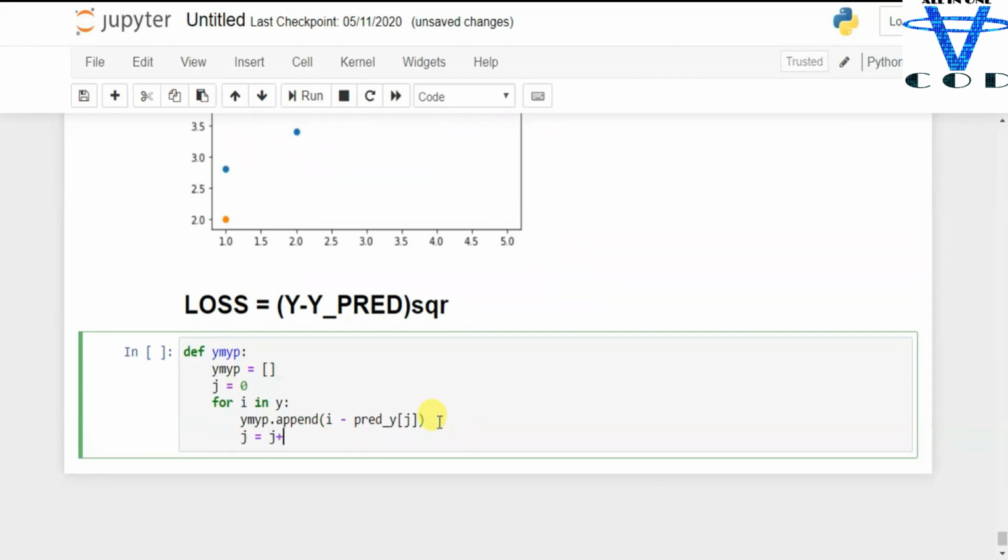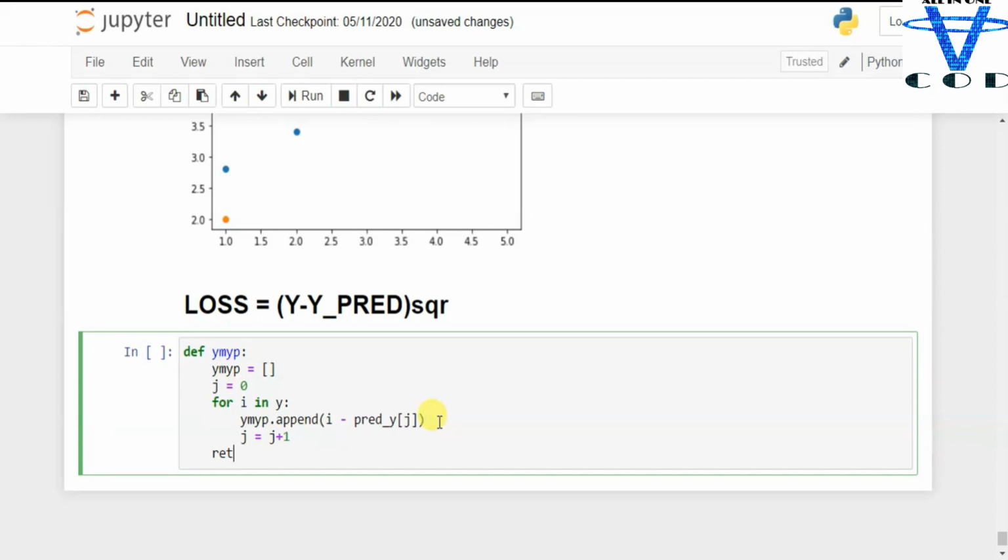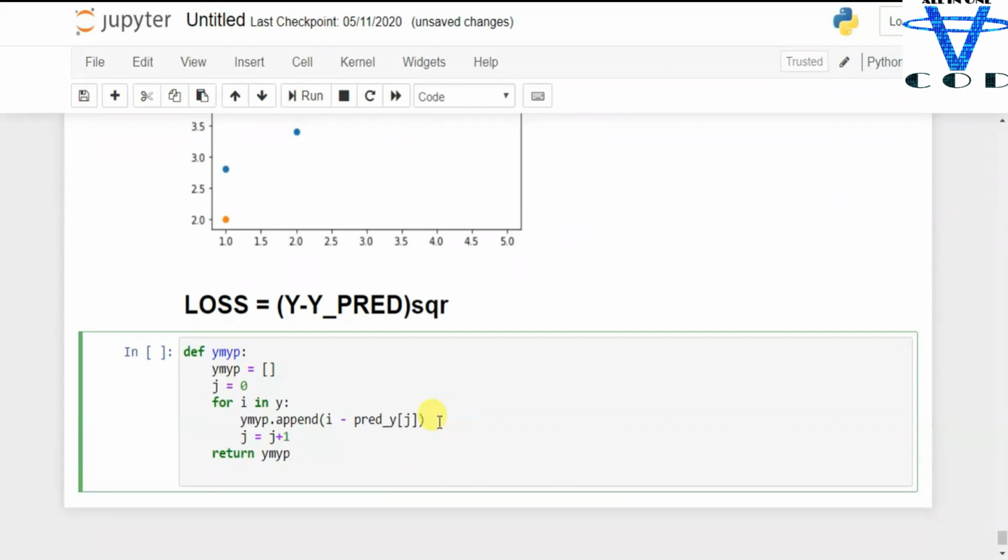and then I'm gonna return the ym_yp, and then I'm gonna create the variable ym_yp equal to, okay, so there is a problem in here, y minus yp. So I'm gonna use this special character for knowing this is the function, and then I have to pass the y and predicted y. Okay, so let's use this function ym_yp, then obviously I'm gonna pass y and predicted y, and then I'm gonna simply